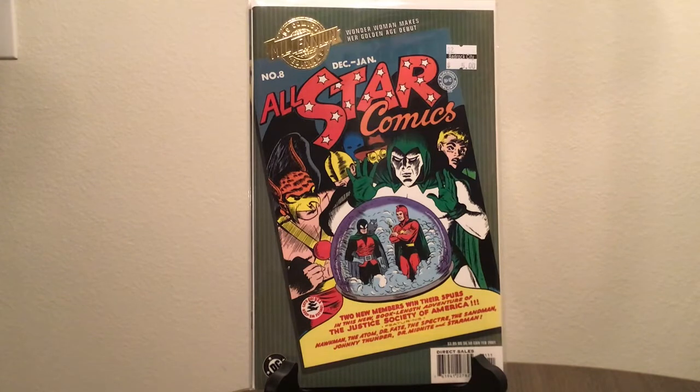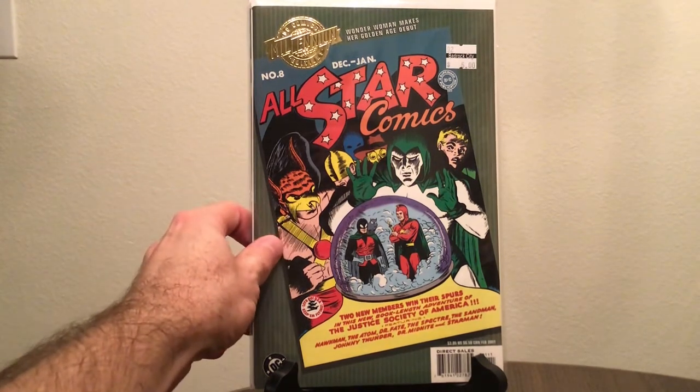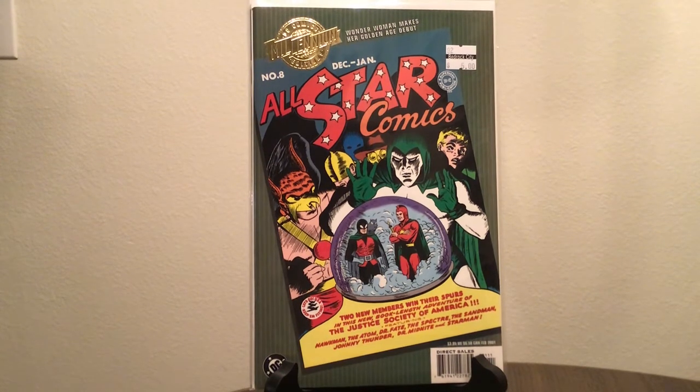And then we got All-Star Comics number 8, which is, I guess, the first appearance of Wonder Woman. It's weird. You'd think I would know that, but I'm actually not sure. Wasn't that Sensation Comics number 1 or something like that? I'd have to look it up. It's one of those books that is so far out of my price range that I'm not even worried about it, so why should I bother to keep up with who first appears in what issue? But anyway,